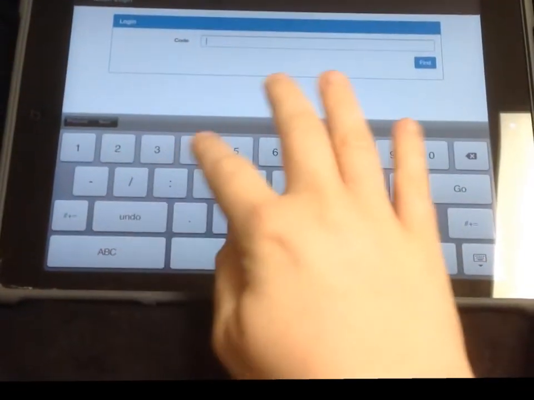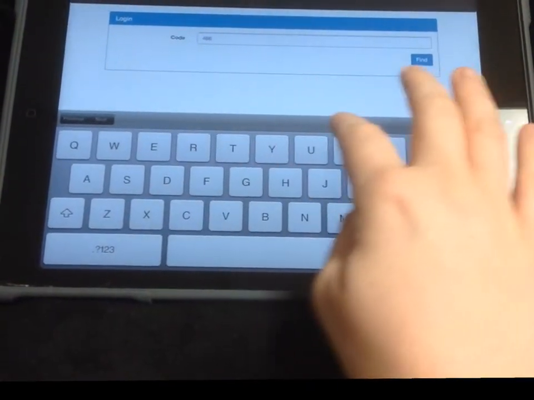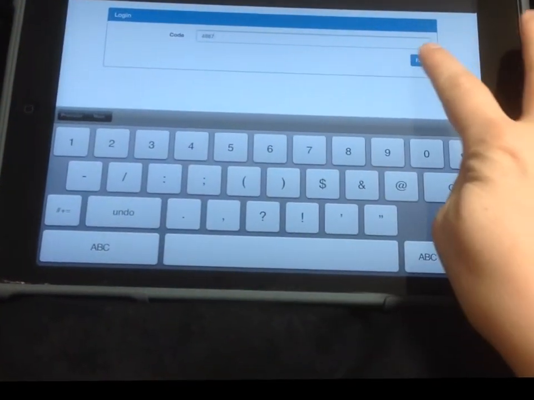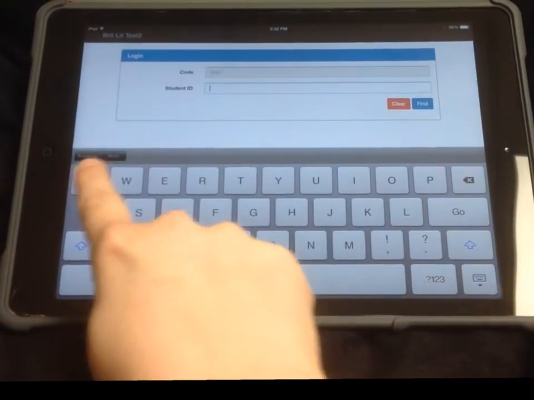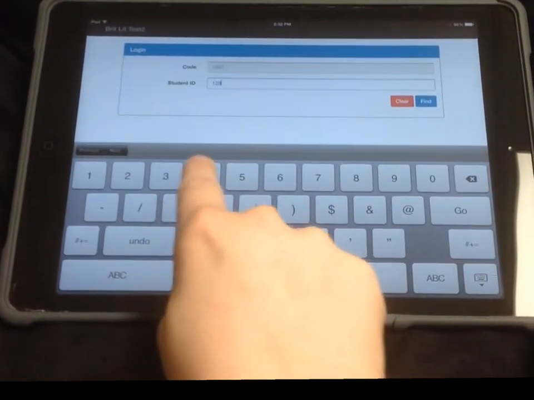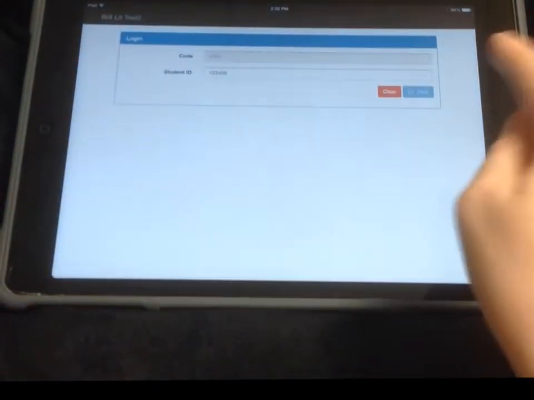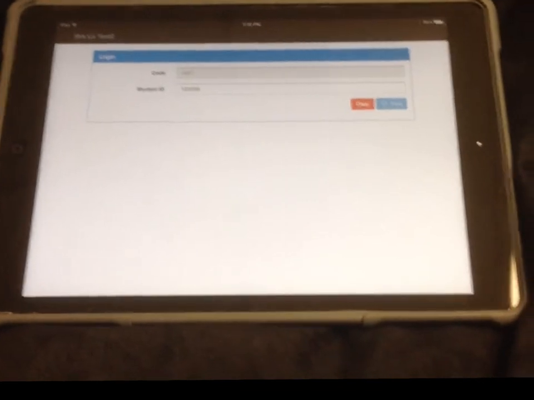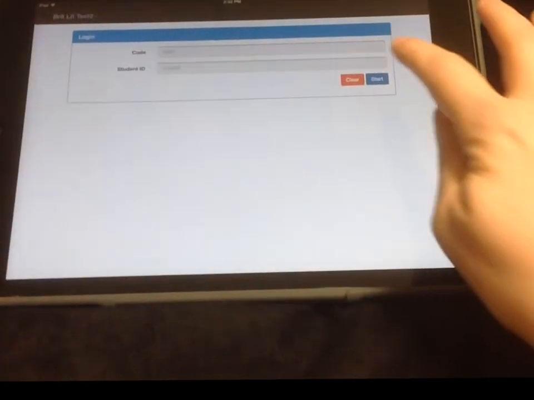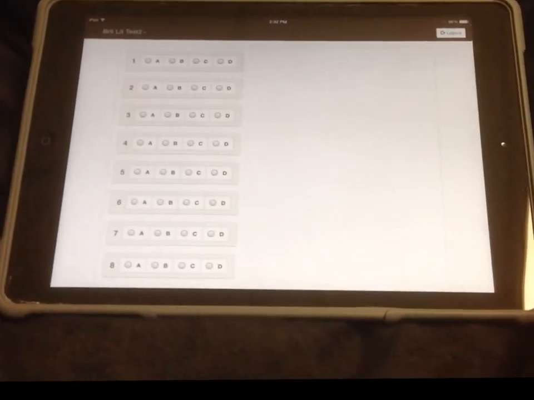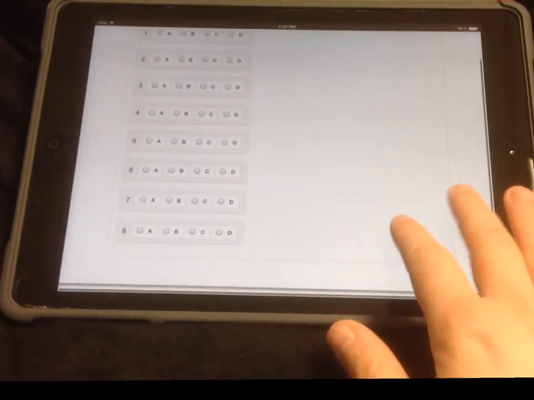The final type of test that you can take on Mastery Manager is one where your teacher will give you a paper copy of the test and you just fill out the bubble sheets on the side. Again, you put in the code the teacher gives you and then put in your 6-digit ID number. Hit find. Notice this one does not give you any instructions. Some may not. Start. And all it is is a bubble sheet.